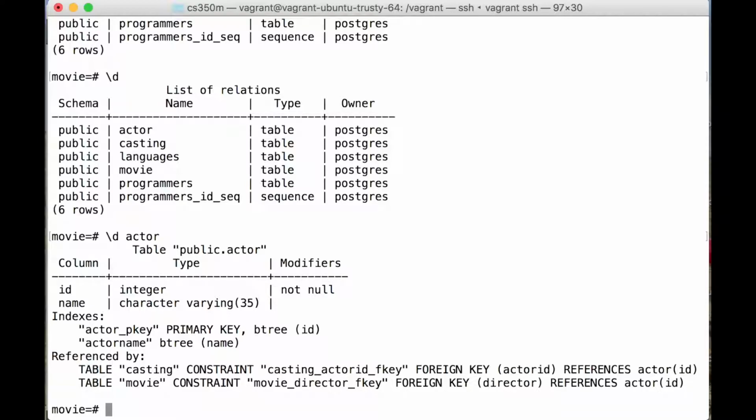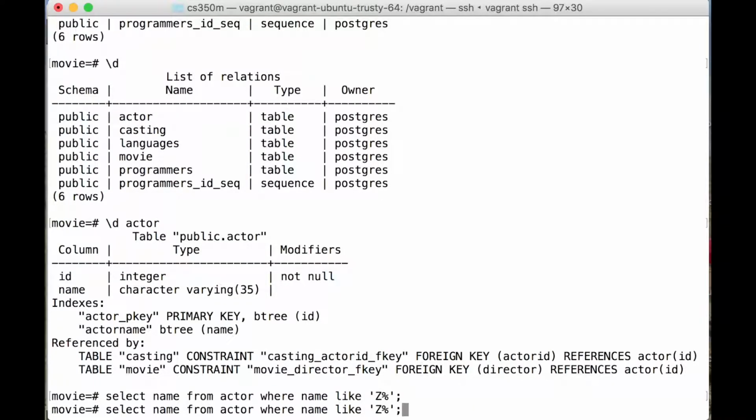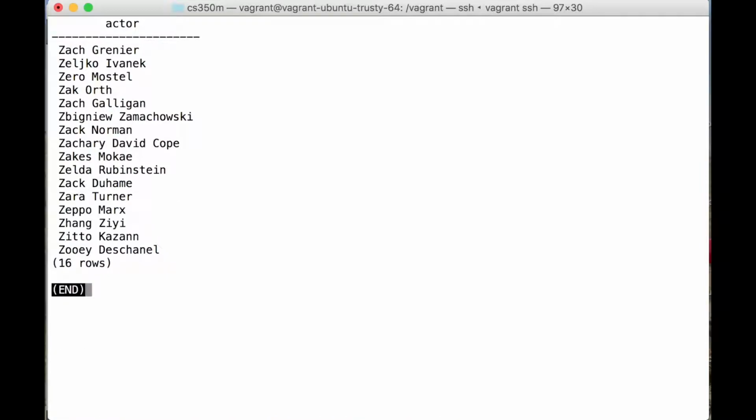Well, I'll show you the difference here. So let's just select name from actor where name like. Okay, so the column is named name here. But I can change that column name to be something like actor. And that changes it there. Sometimes that's useful